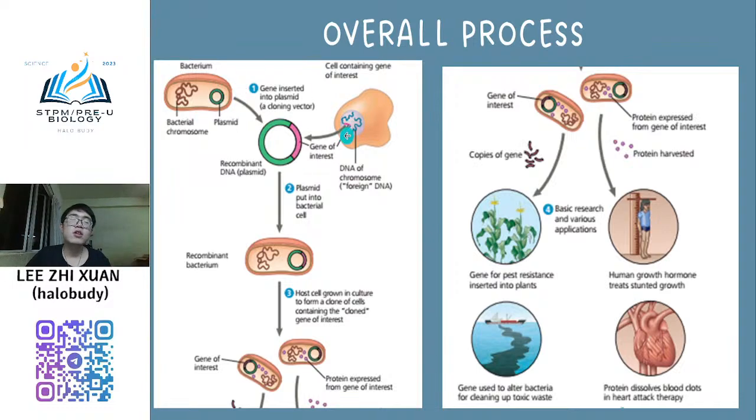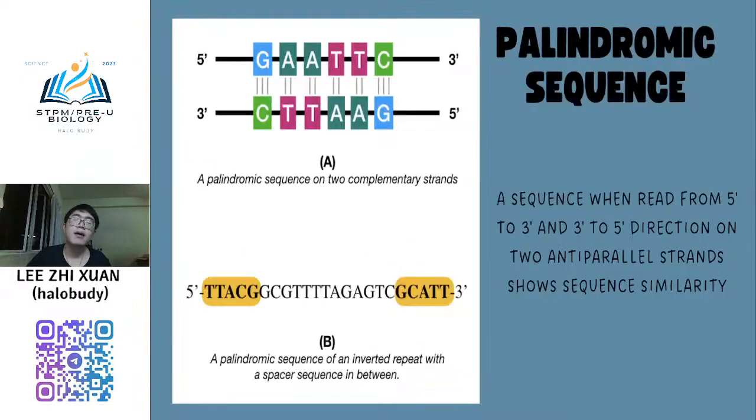So this gene of interest will be inserted into the plasmid, into the cut region of the plasmid. It will form the recombinant plasmid. This one we now call the recombinant plasmid. Later this recombinant plasmid will be transformed to form the recombinant bacteria, recombinant E. coli. So this is the next step.